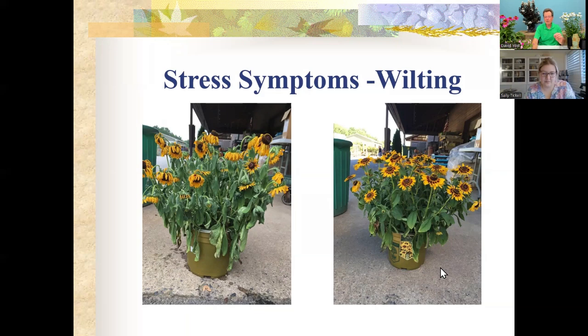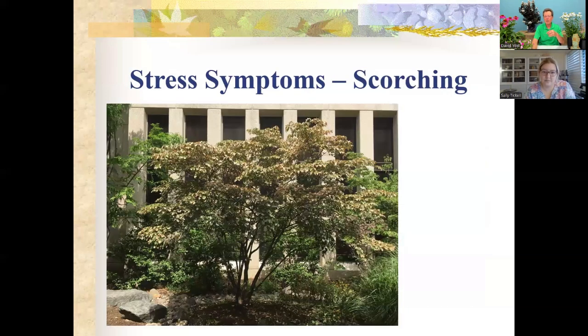So a lot of times we talk about these physiological stresses the plant's under, and then it progresses to where we start to see this wilting occur. And if we still don't get out there and rescue it, then it starts to lead to this kind of scorching development, or what I call leaf scorching. So this is a Coosa dogwood, well established, but the location that it's planted in has a limited root zone around it. So there's a limited availability of water, and it's sandwiched in between two very tall commercial buildings.